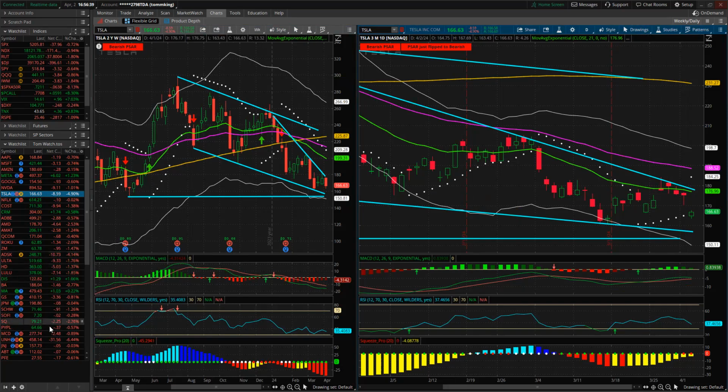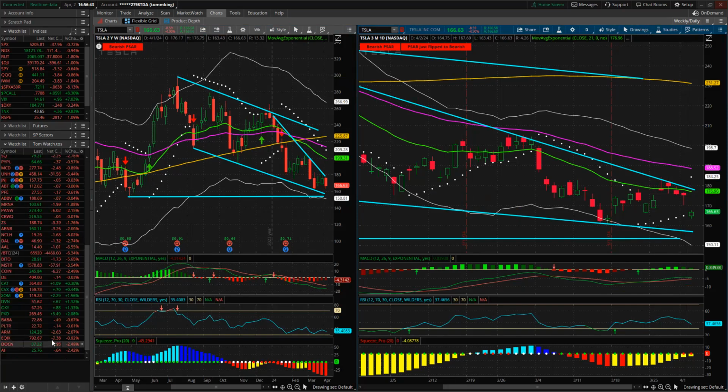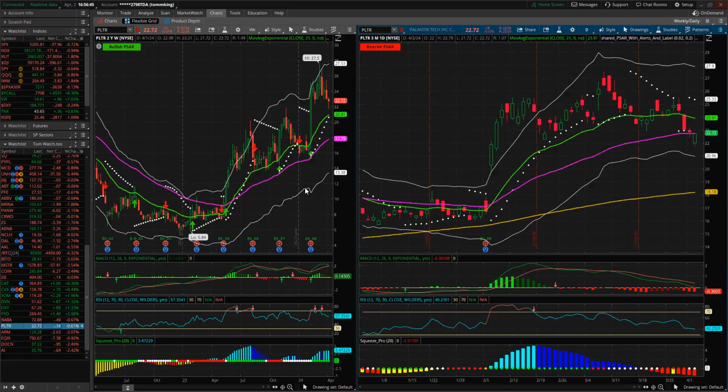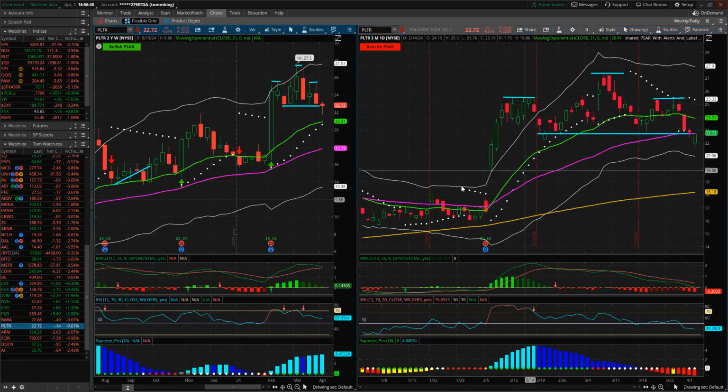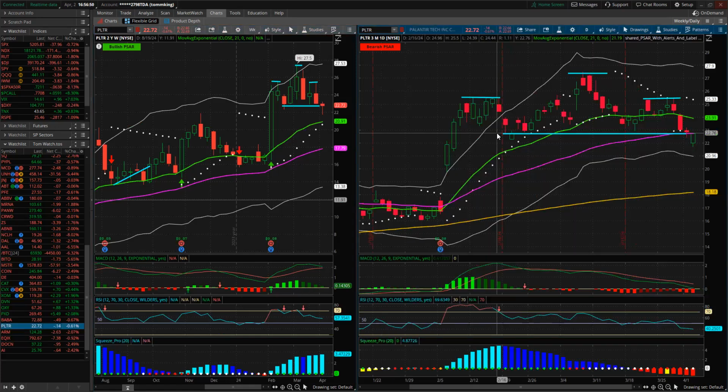I don't have any other charts to pull up for you, except I wanted to take a look at one more, and I believe that was Palantir, which everybody just loves. Not one of my favorite patterns, but the head and shoulders is a pretty reliable pattern in many cases. Left shoulder, head, right shoulder, breaking the neckline here today. Even though we finished back up at the neckline, a lot of people point out the